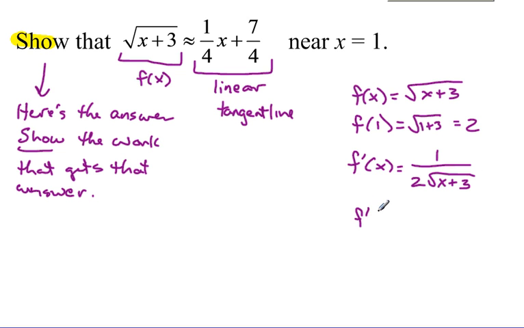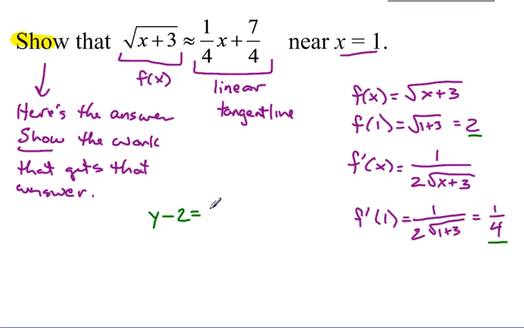f prime at 1, since I want this near 1, so I'm plugging in 1 again: 1 over 2 root 1 plus 3. That simplifies to, let's see, square root of 4 is 2. 2 times 2 is 4, so 1/4. Feeling good because I see a slope of 1/4 there. All right, so now I'm going to change colors. So now we've got y minus my y-coordinate, 2, equals my slope, 1/4, times x